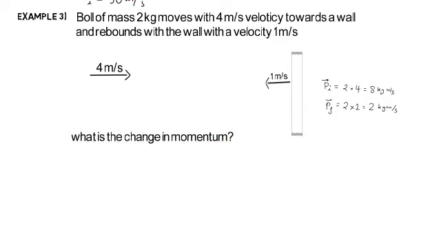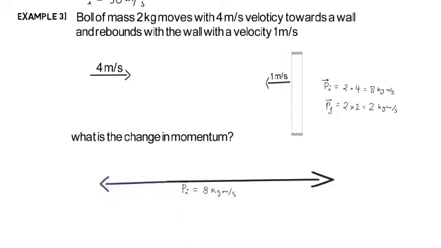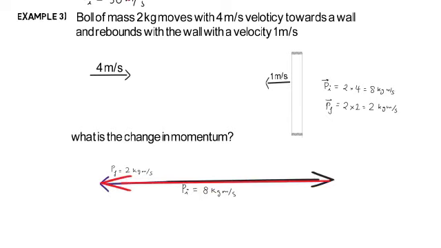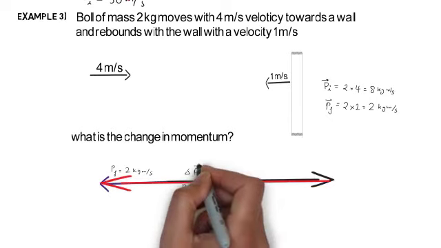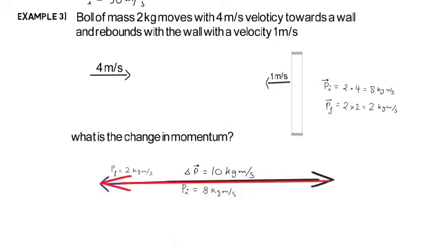So we have to find Pf vector minus Pi vector. Pf vector is towards left and Pi vector is towards right. Remember that momentum is a vector and therefore will add and subtract like a vector quantity. How do we subtract two vector quantities? We place the tail of Pi over the tail of Pf. The third side of the triangle, from the head of Pi to the head of Pf, will be equal to the change in momentum delta P vector, which will have a magnitude of 10 kg meter per second